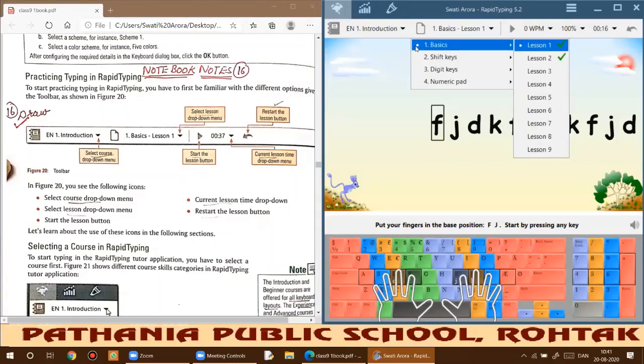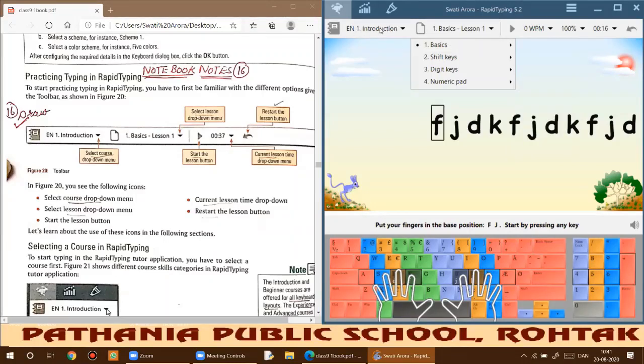See, now we are on the basic lesson of course 1. Okay, the introduction course. We are selecting the basic lesson of it, and right now we'll be doing the first lesson because we have a dot before it, right? Why am I having a tick here? Because I have practiced these two lessons. If I practice all, then definitely I'll have a tick against them also. So you will get a tick for a lesson you have practiced before. Okay, so I hope it is clear to you.